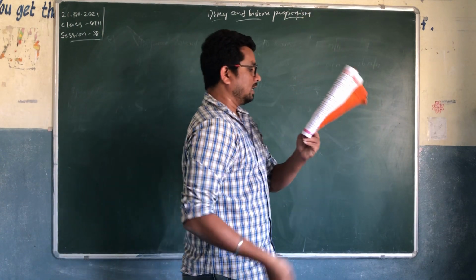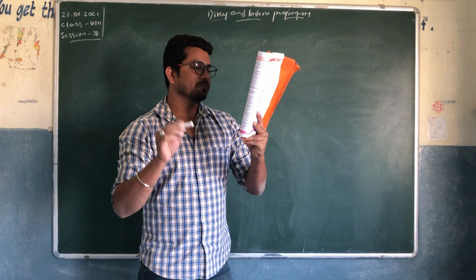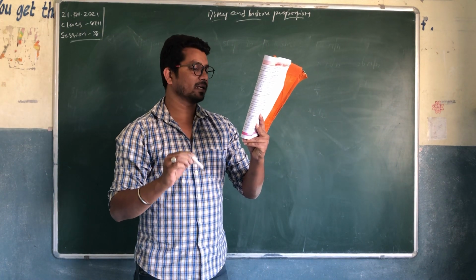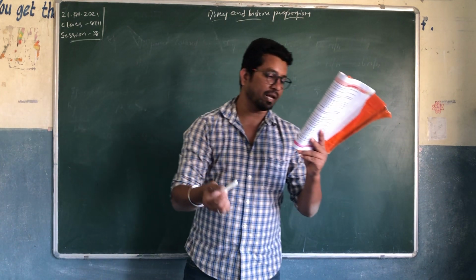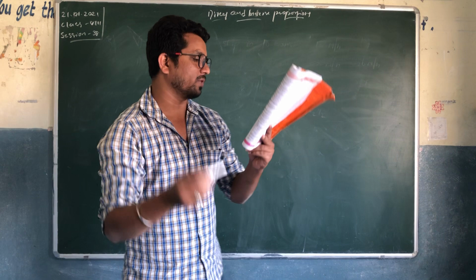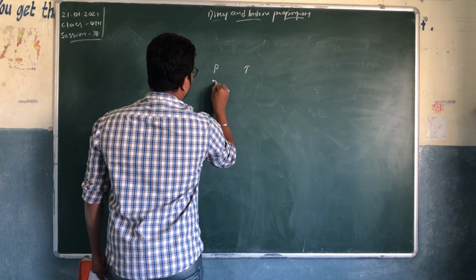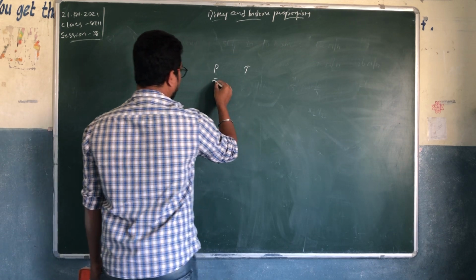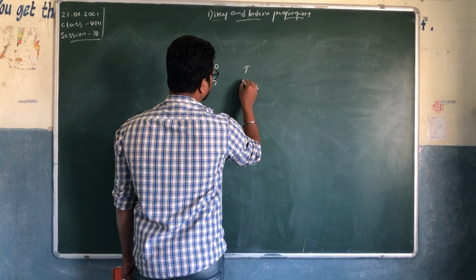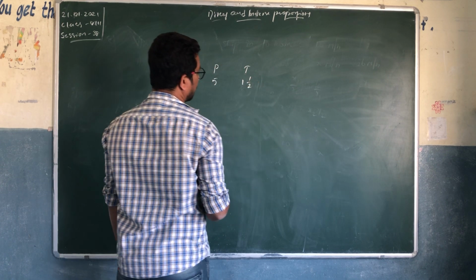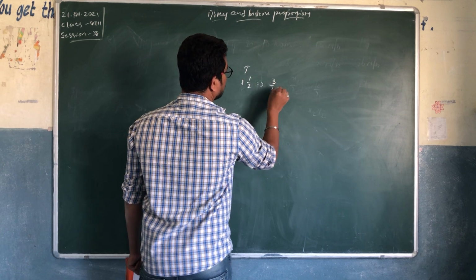Next, again same question as similar to the fourth one. 5 pumps are required to fill a tank in 1.5 hours. How many pumps of the same type are used to fill the tank in half an hour? Yes, 5 pumps are required to fill a single tank. The time is 1 by 2 plus 1, which is 3 by 2 hours.